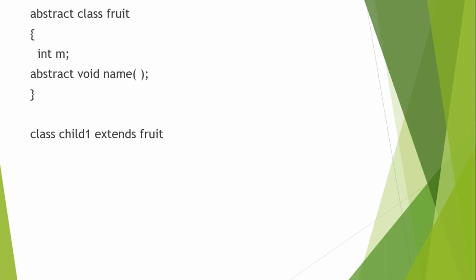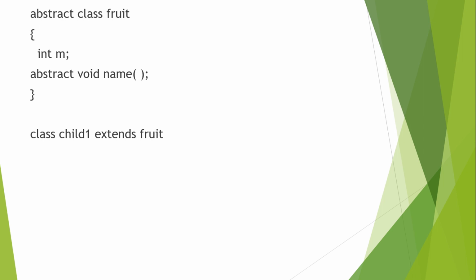Now one more important point that you need to remember: whenever we are extending any abstract class, whichever abstract methods are there, you have to make the body of those methods in your child class. Suppose there are 3 abstract methods in the abstract class, and you have inherited that class with a child class. Now in that child class, all the method bodies have to be made. You cannot leave any method. You don't have an option like I can leave one method and create another. No, you have to create all the method bodies in the subclass which is inheriting the base class.